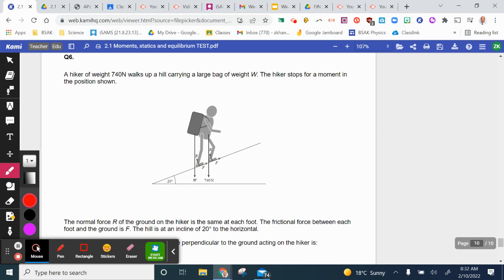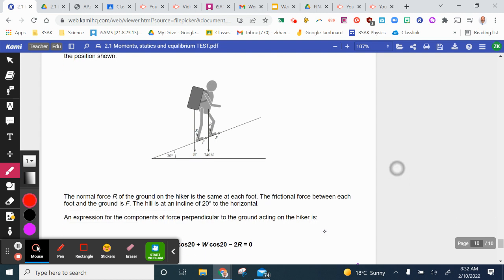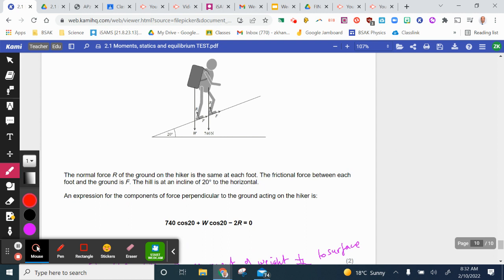Okay, so question 6, we've got a hiker walking up a hill, carrying a bag of weight W. The hiker has a weight of 740 newtons. The hiker stops for a moment. When the hiker stops for a moment, we know that the hiker is in equilibrium, meaning that the net force